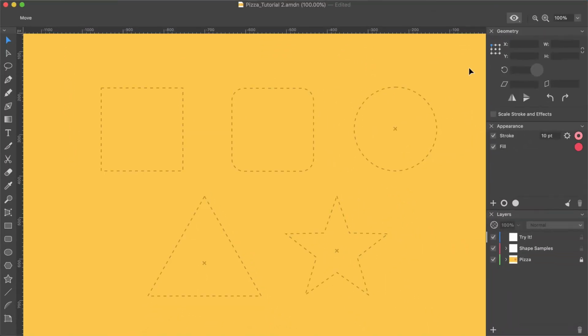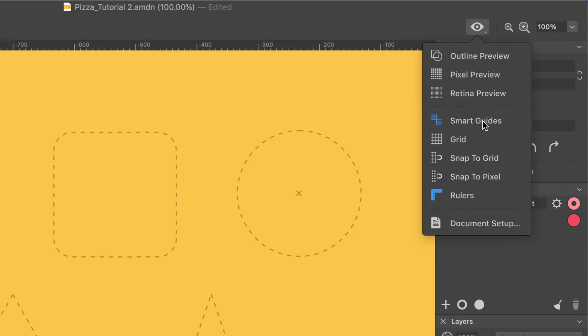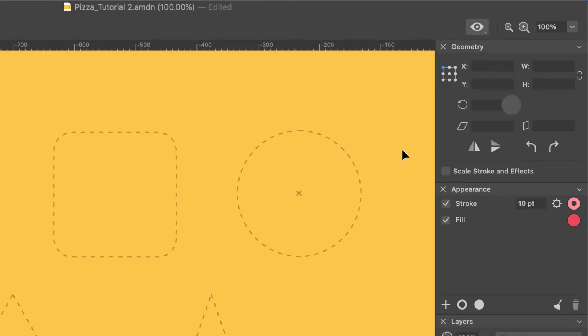In this tutorial, we will show you how to create and edit simple shapes in the app. Before we start, let's open the document which accompanies this video lesson. Let's also make sure the Smart Guides are disabled in the Settings menu located in the control bar. These guides help to align the content, but we don't need them for this video.